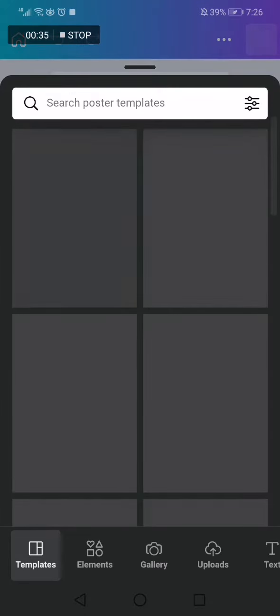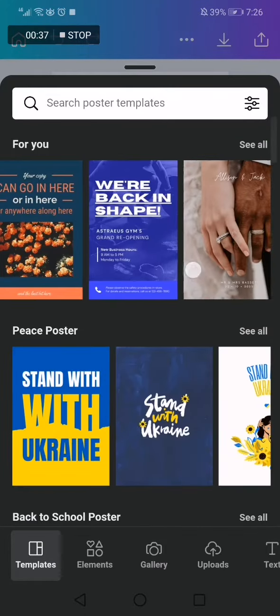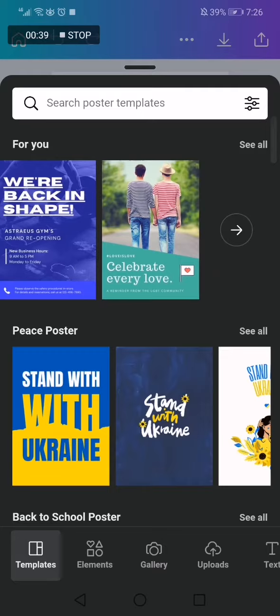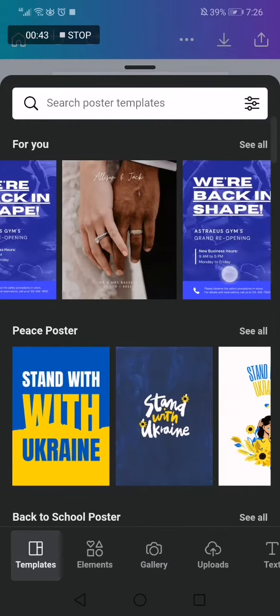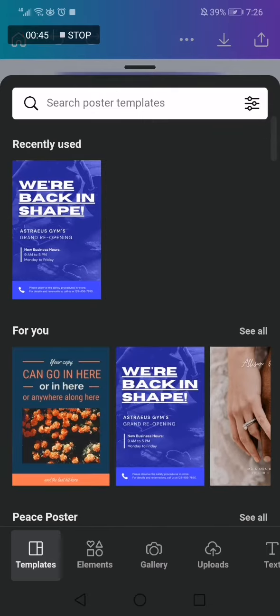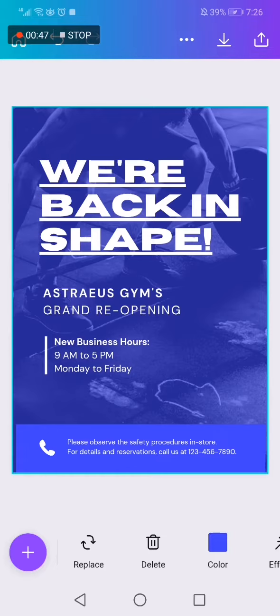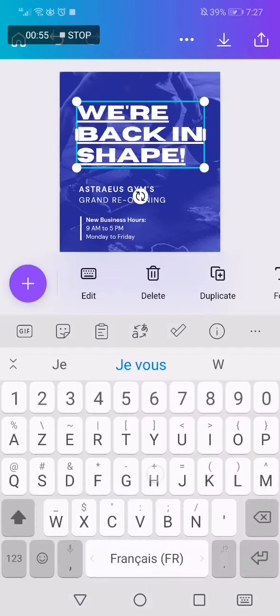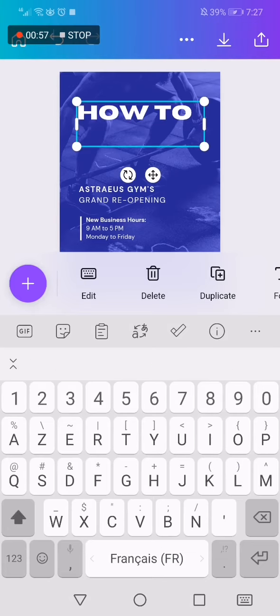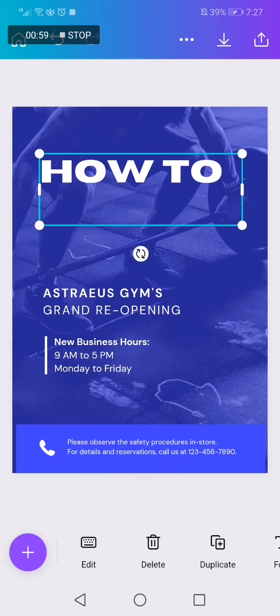Now in this page you will find many poster templates. You can click on one of them and edit it as you want. Let's click on, for example, this one, and now you can edit it as you want from here. Just click on the text and add the text that you want here. As you can see, how to and whatever you want to write right